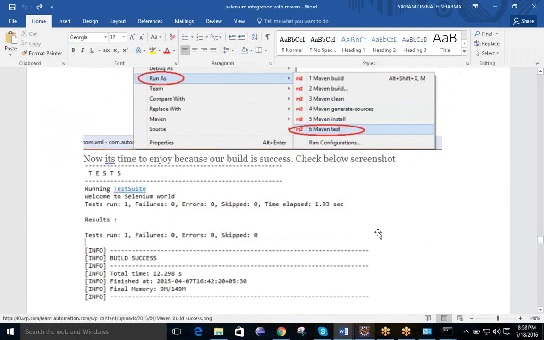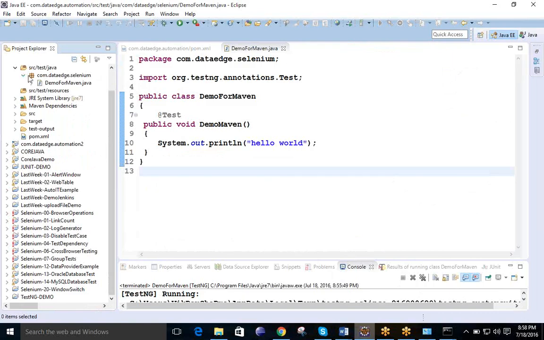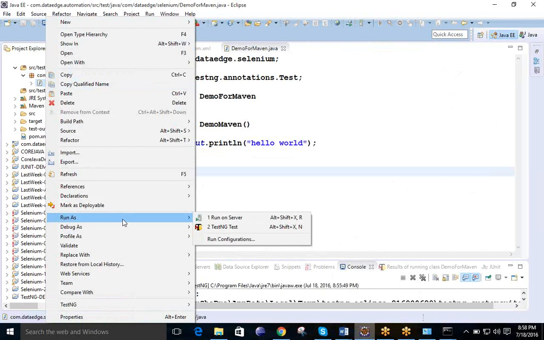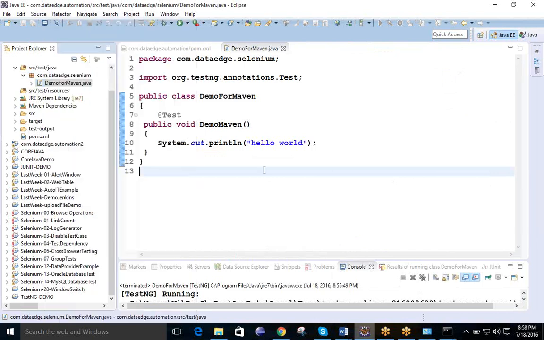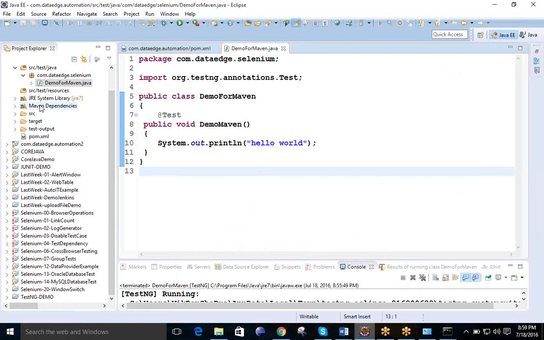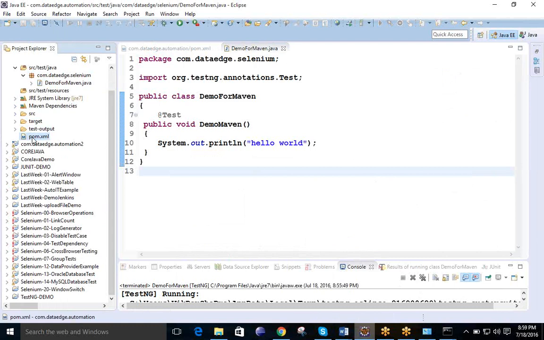What is it telling? It is telling that you need to run this project not as the TestNG test suite. You need to run this project as the Maven test. How can you run this Maven test? Because here, if you click on this one, is there any possibility that you are getting this Maven? No. Why are you not getting it? Let me search. Because you need to add that testng. You need to generate once again.